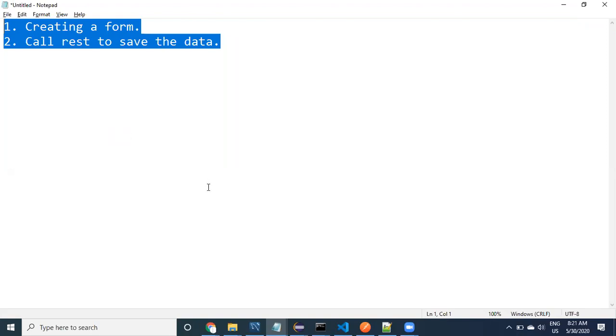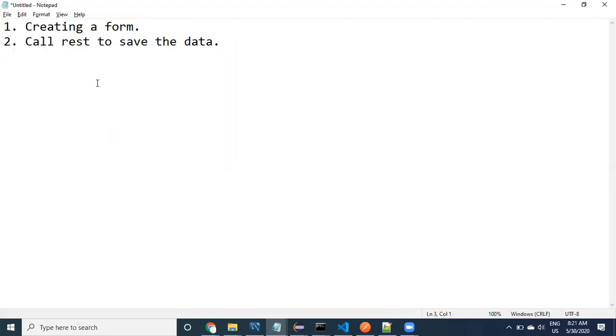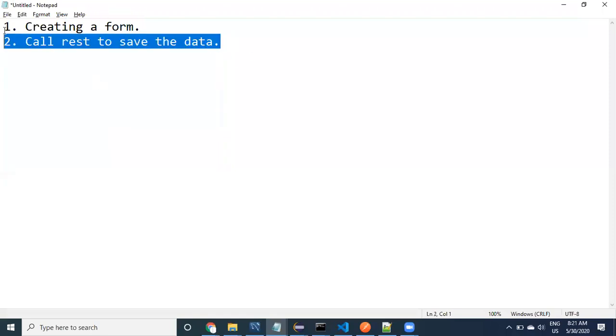That's how we need to do any kind of requirements, because in real time we are going to get requirements like a story. That story is a combination of multiple requirements. When you read the story, it contains so many requirements, so you need to divide the story into multiple requirements. Again, each requirement is a combination of multiple activities. You have to focus on each activity.